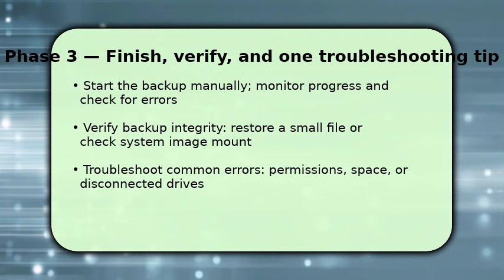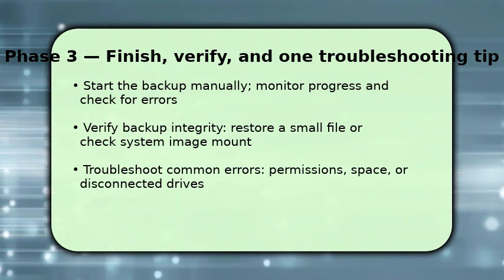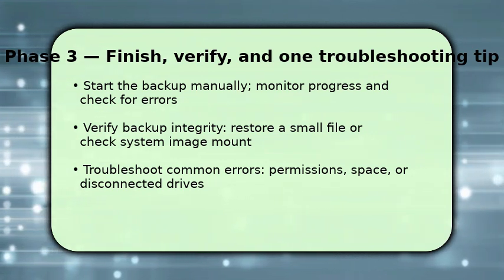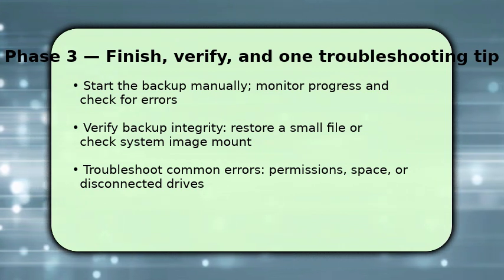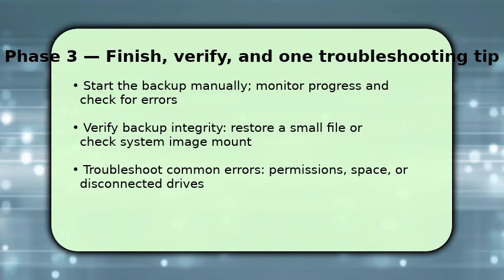If something goes wrong, check permissions, ensure the target drive is writable and connected, and confirm enough free space exists. If the system image fails, retry after disabling non-essential apps. For network errors, reconnect or reboot the NAS. Keep a secondary copy